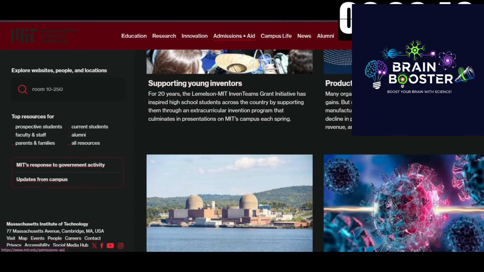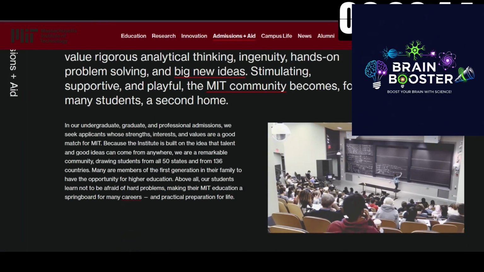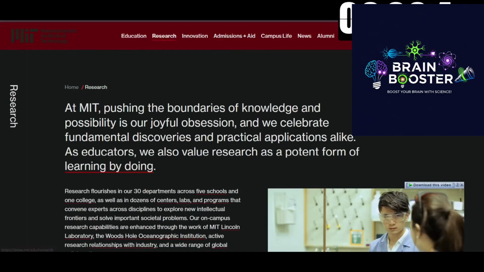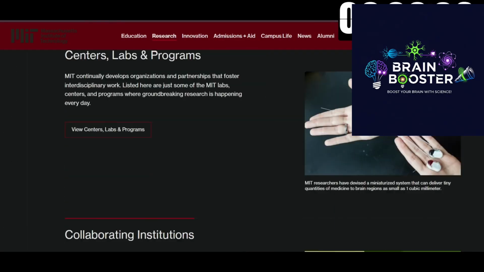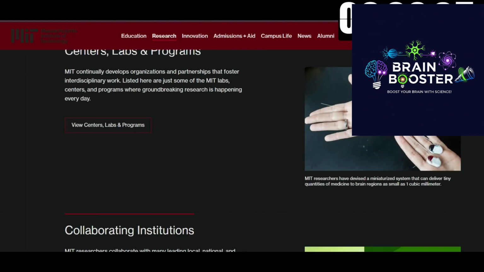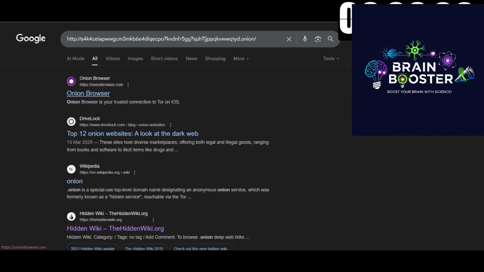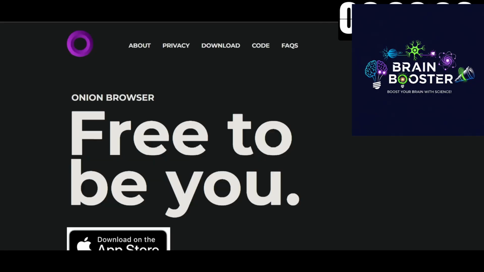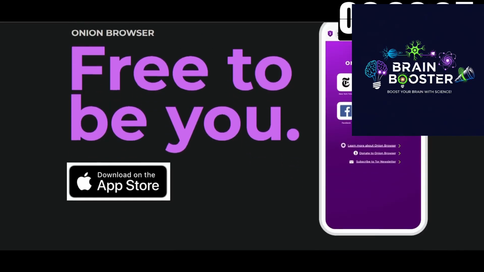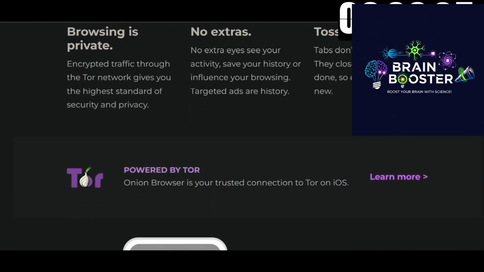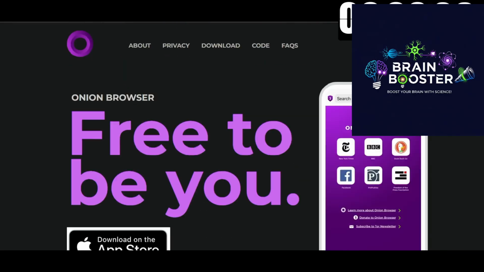Now, how are these onion websites different from normal websites? Just understand this. Suppose you don't know the URL of MIT University. You'd search on Google, click on the results, and go to MIT. But this isn't possible in the case of onion websites because they don't have any search engine like Google, nor do they have any DNS record. No one has any information about which server it's linked to.